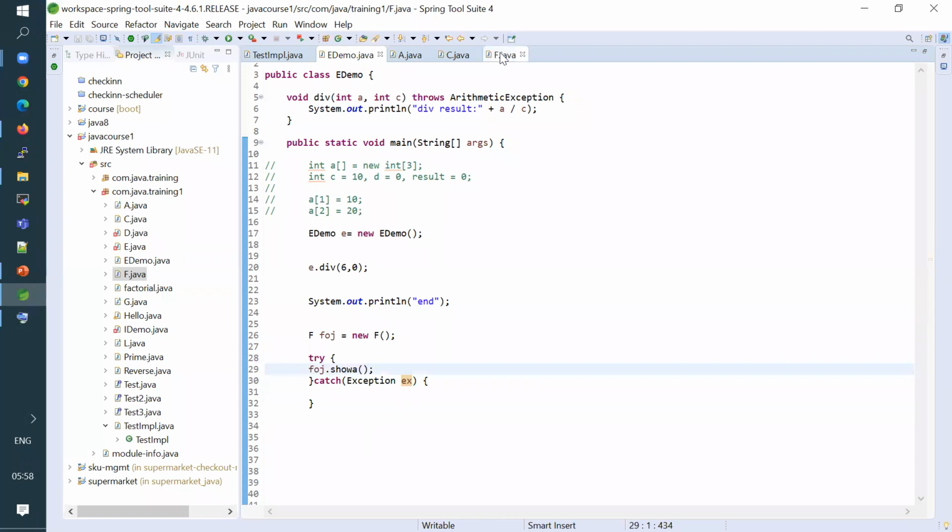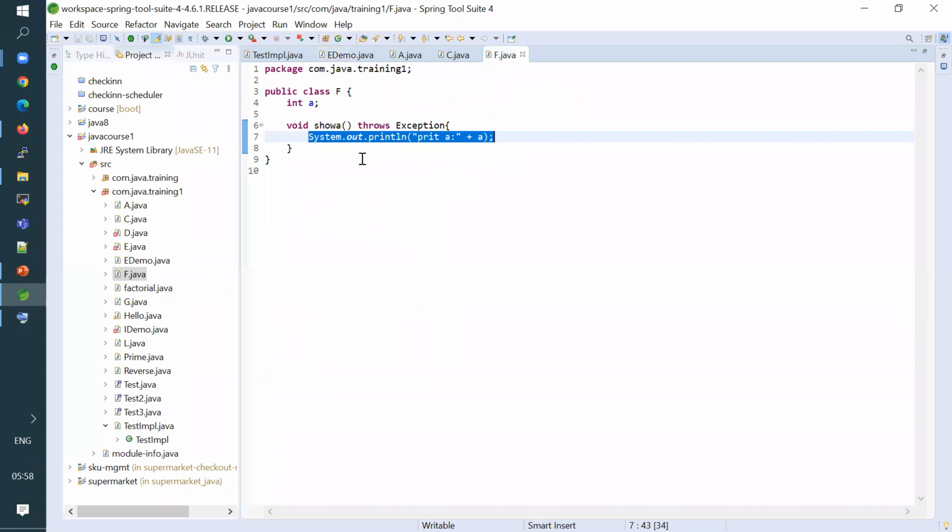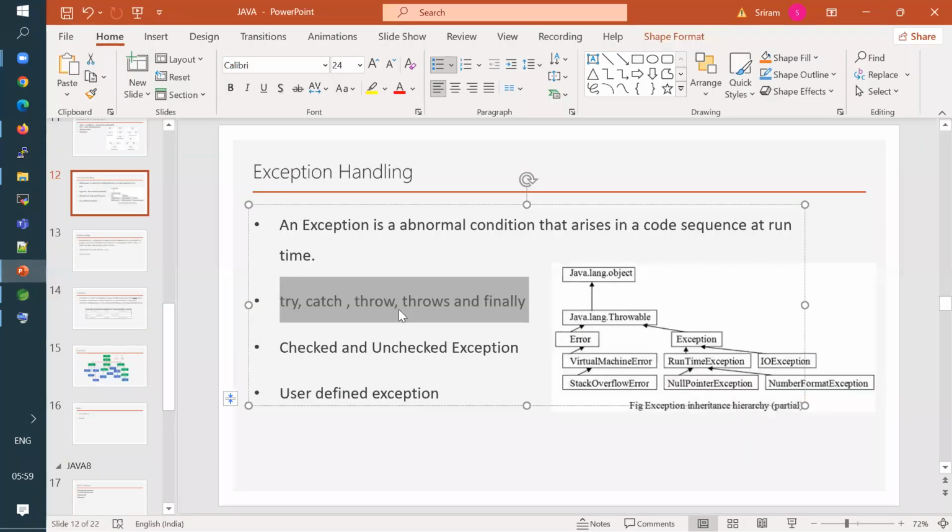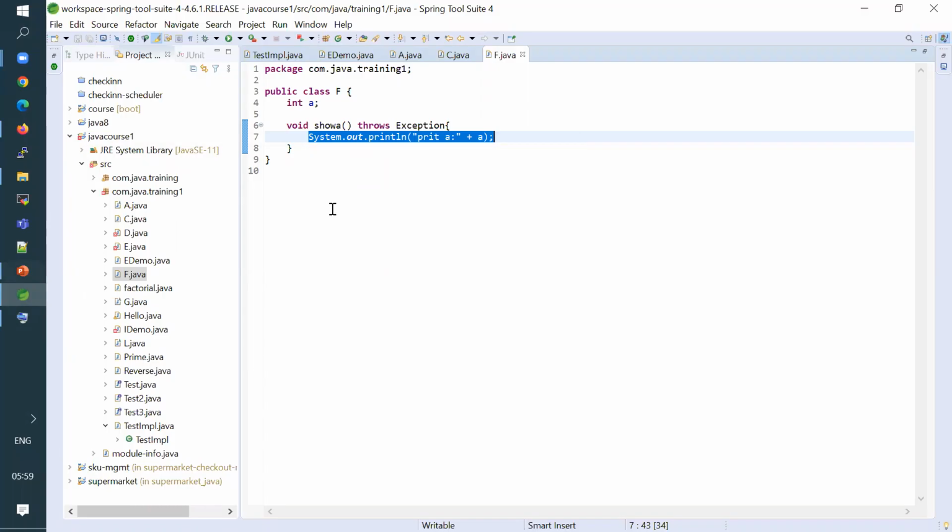So that means if a particular method is capable of throwing some exception, we can indicate that using the throws keyword, saying that particular method will possibly throw an exception. So whoever is calling that method will be able to put that method call in a try catch block in order to handle that exception. Understood, right? This is what the throws keyword is all about. Clear? Any queries here?